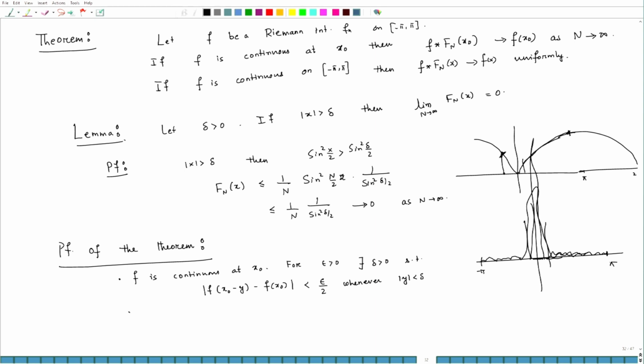Now, the second thing is that we take delta and epsilon as above,